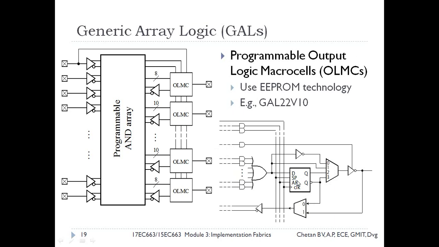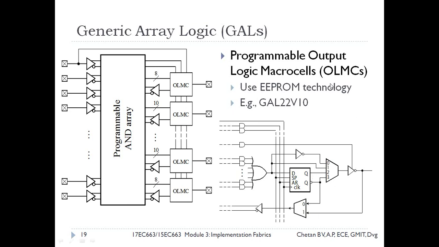In this D register, SP stands for synchronous preset. AR stands for asynchronous reset. Synchronous preset means this is under control of the clock. If there is a rising edge of the clock and this line is high, it will make the output high. That is the meaning of preset. Preset will make the output Q high. Asynchronous reset means this is not under control of the clock. If this asynchronous reset is activated, it will make the output of this register 0.